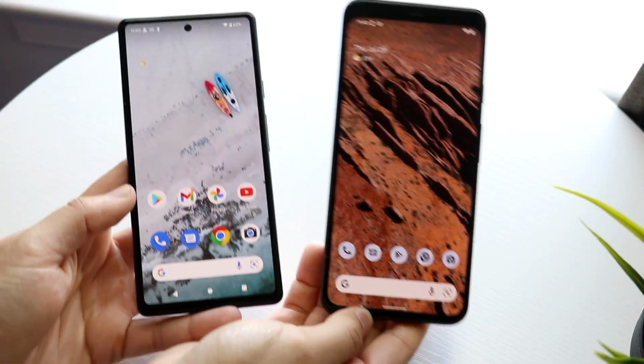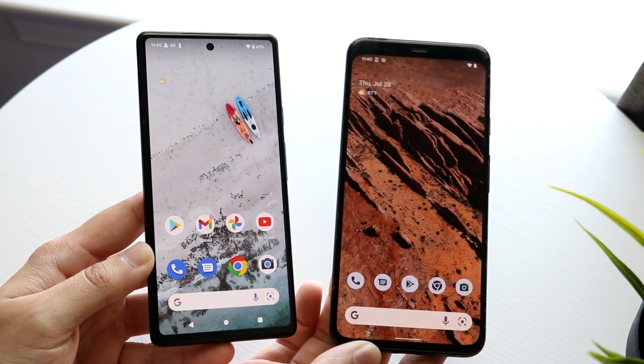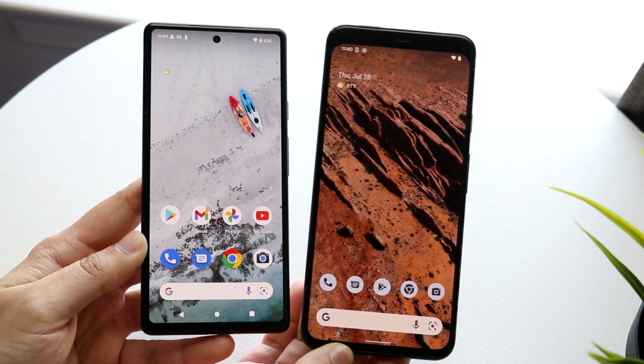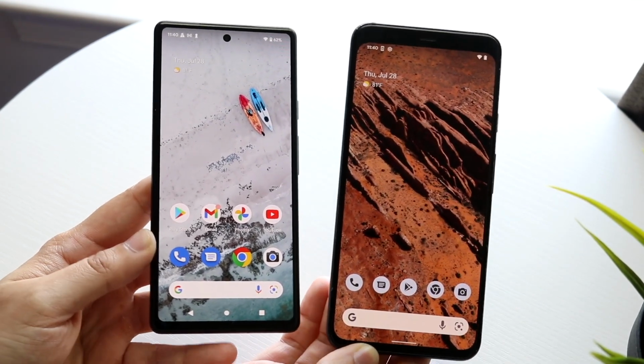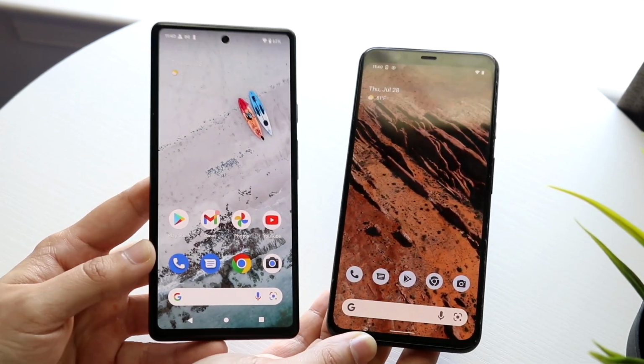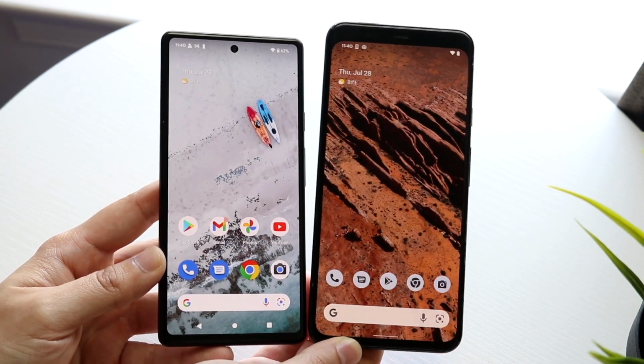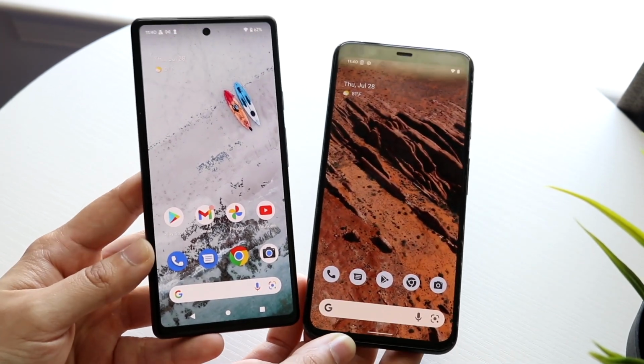Well, everyone, it's time for us to take a look at the Google Pixel 6a and compare it against the Google Pixel 4 XL that came out in 2019 and see how both of them compare. Now, this is really interesting. This was a flagship from Google back in 2019, and now this is a budget phone from Google in 2022. And it's crazy to see how many improvements and differences there are nowadays and how much improvement there's been for